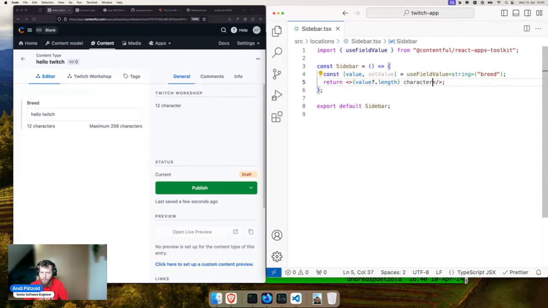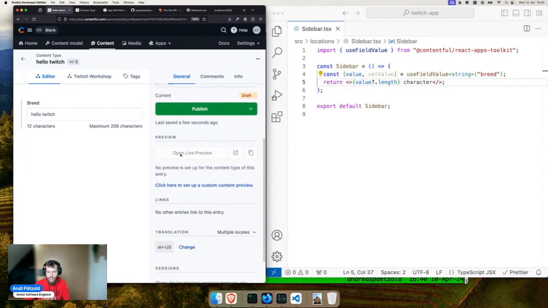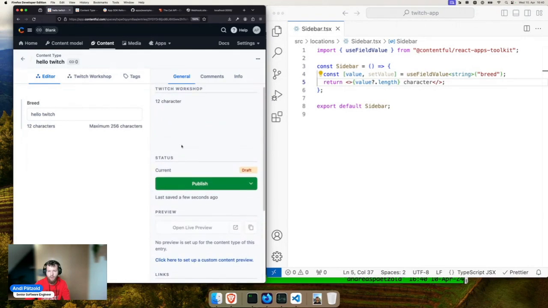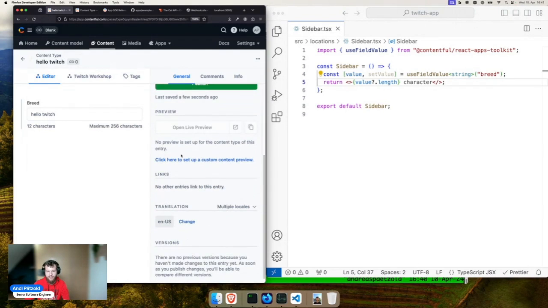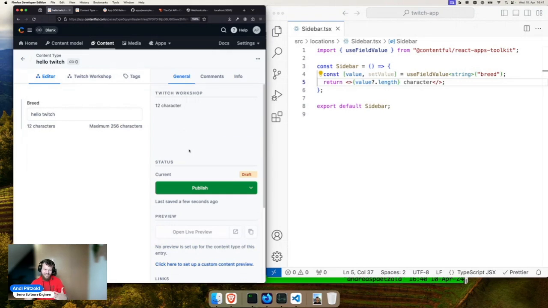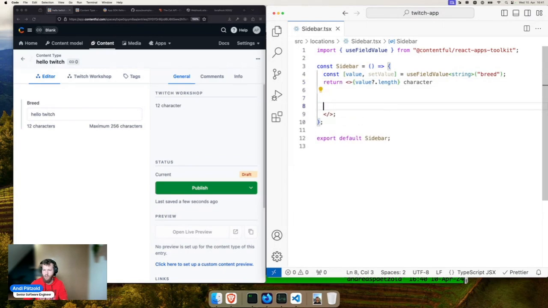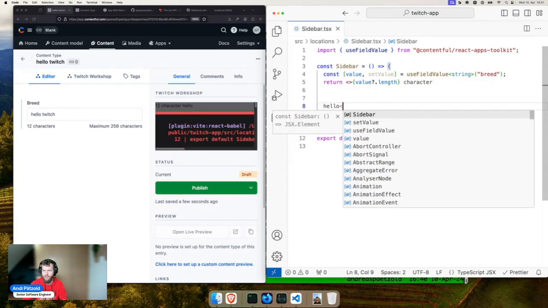Now, what we can see is that things look a little ugly. We have here Twitch workshop and 12 characters, and then tons of white space, so we have to scroll down in order to access the publish button or even the versions. It still looks a little out of place because things are so small, and also I don't know how best to do this, but we're going to just say